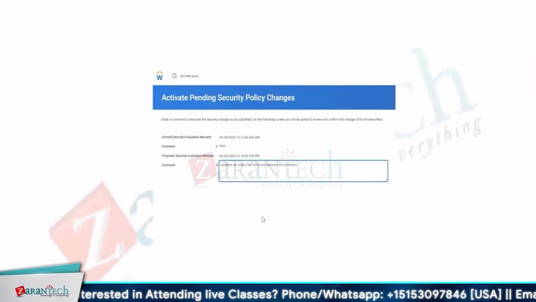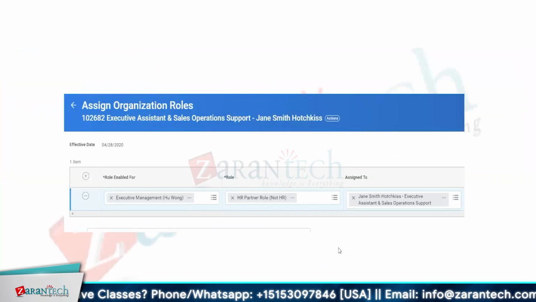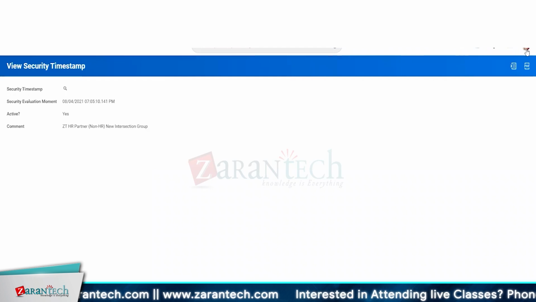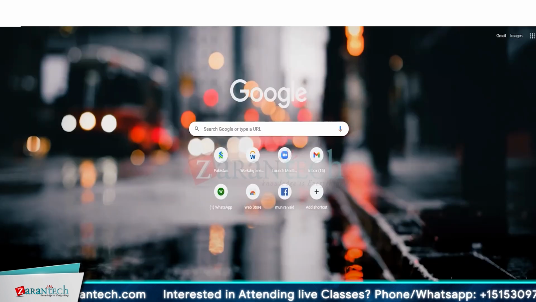So then we have activated our pending security policy. Now we need to assign that role to a particular person. So in GMS, I can sign in as Teresa Joy Banks, Jake Lee, VP Sales, Max Rachel Knight, she's the CFO. Let's see if we can assign this group to Maximilian for our testing, because we can sign in GMS as